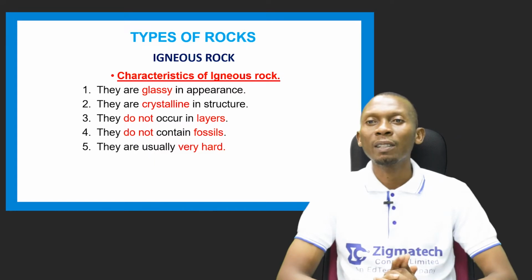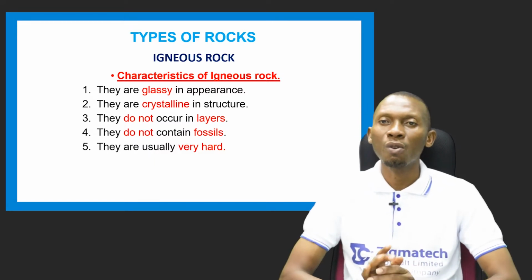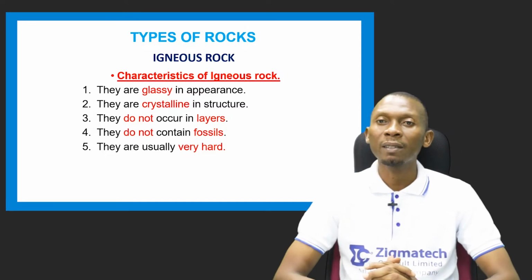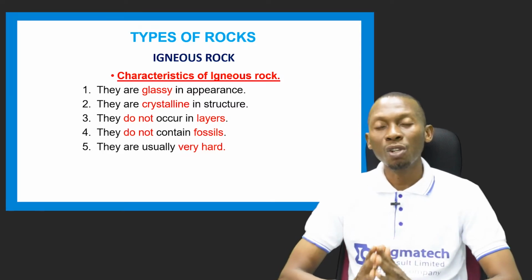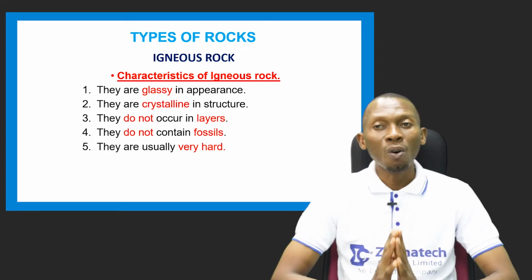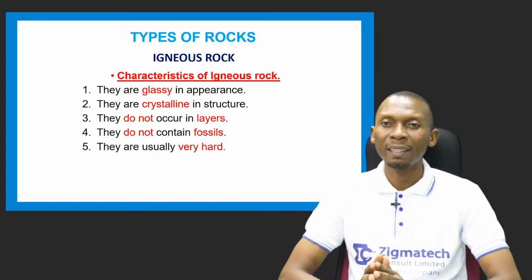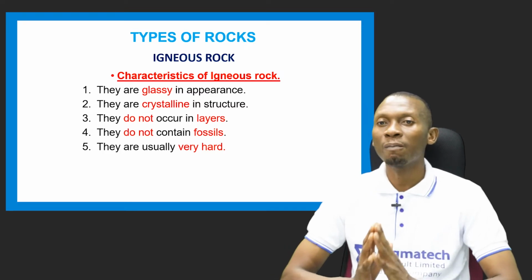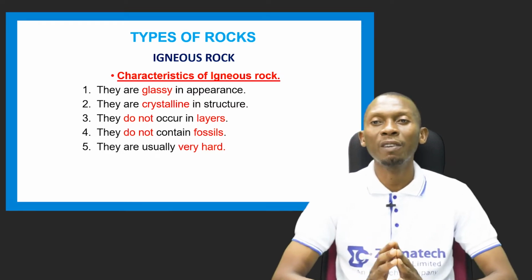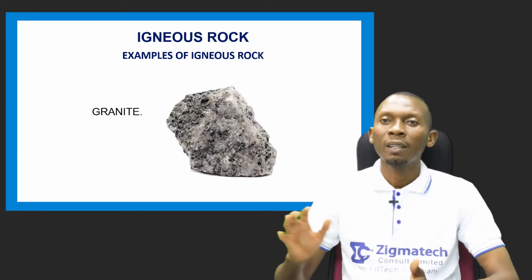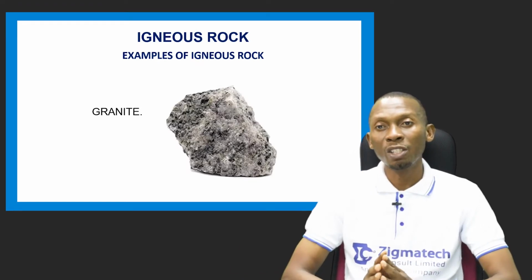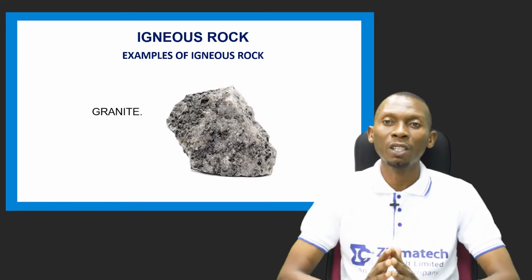Let's take a look at the characteristics of igneous rocks. They are usually glassy in appearance. They are crystalline in structure. They do not occur in layers. They also do not contain fossils, which are the dead remains of plants and animals, and they are usually very hard. So taking a look at the pictorial representations of some of the examples of igneous rock, you can see